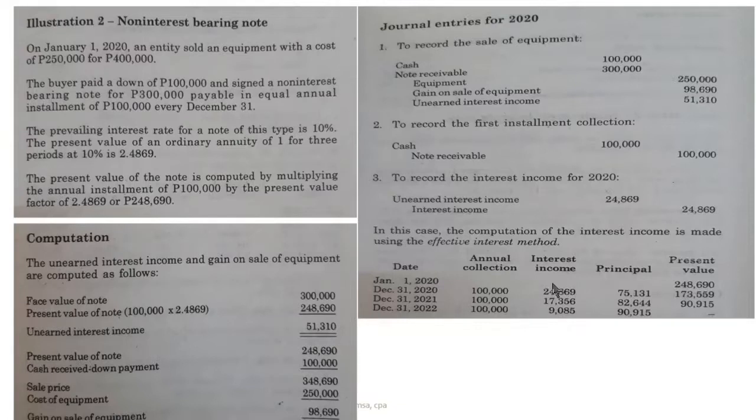This is next. How do we get this? That's equivalent to the present value here, 248,690 times the 10% prevailing interest. So 248,690 times 10%, that is your interest income for year 1. Why year 1, ma'am? Because January 1, 2020 is the transaction and the first payment is December 31, 2020. So, that's 1 year. Right? It's 1 year already. 248,690 times 10%, that's